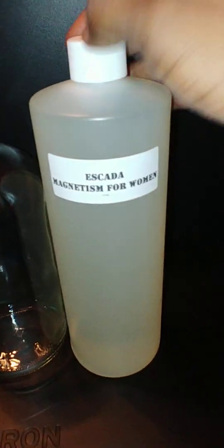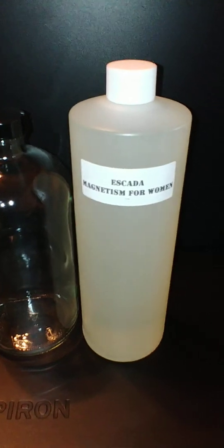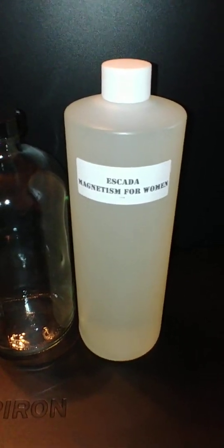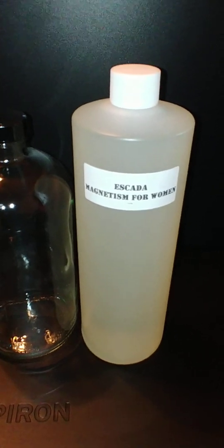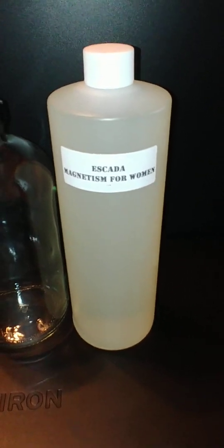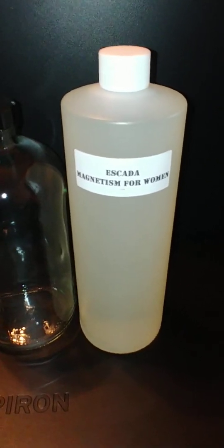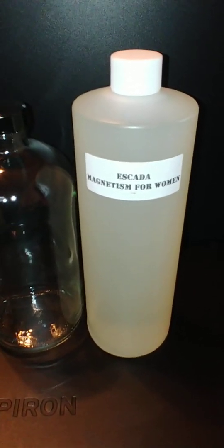Now, wow, that does smell good. Now, it doesn't really smell fruity. It has a light fruity scent, but it's more of a powdery, very light fruit scent to it. And I'm surprised because, like I said before, all the Escada fragrances that I have pretty much encountered over